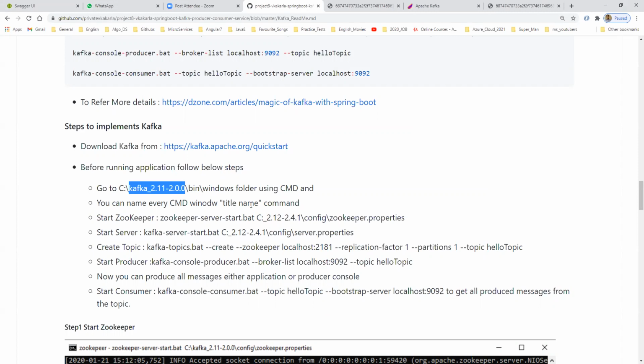This is how we run each and every component in Kafka. You don't need to do these things manually in your day-to-day work, because the Kafka server is already running in one of your environments. But in our case, we need to run each and every component. We need to keep the Kafka server running and available, so that we can test our Spring Boot application. So I'm using this one. So, title.